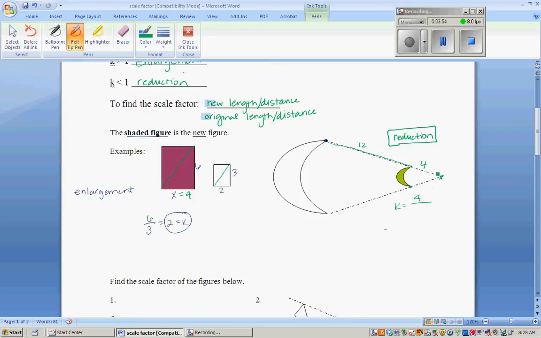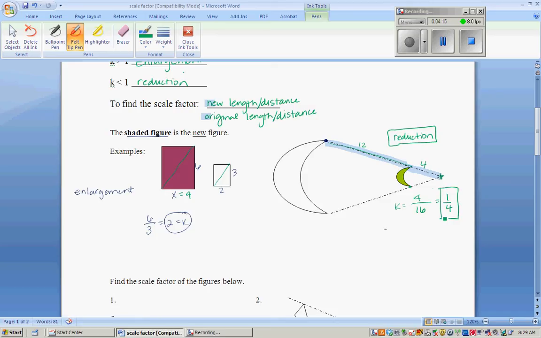Now, the original distance is not 12. That's where a lot of people fall apart. The original distance goes from here through the 4 and through the 12. So that distance is actually 16. It's 12 plus 4. So now you can see that this is only 1/4,